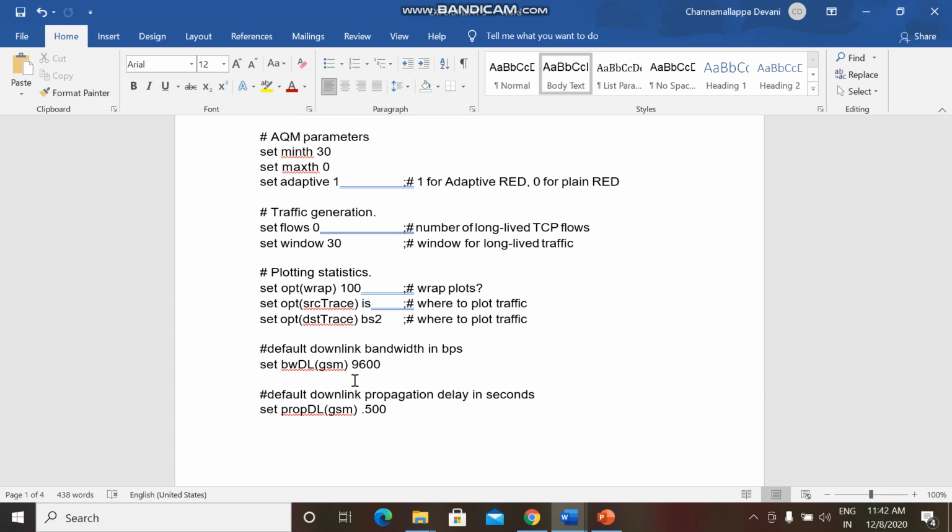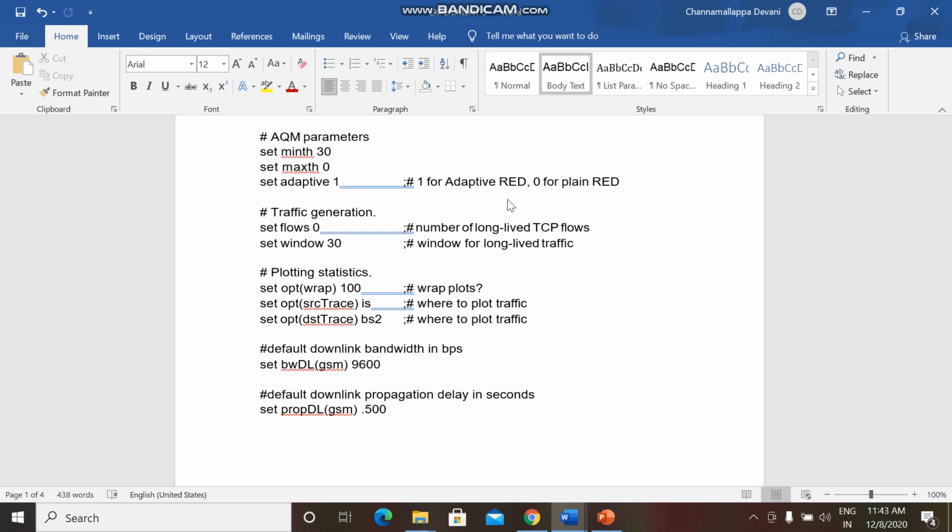The main important thing required in a 2G network is the uplink bandwidth and the downlink bandwidth, that is the time to upload and the time to download an image.